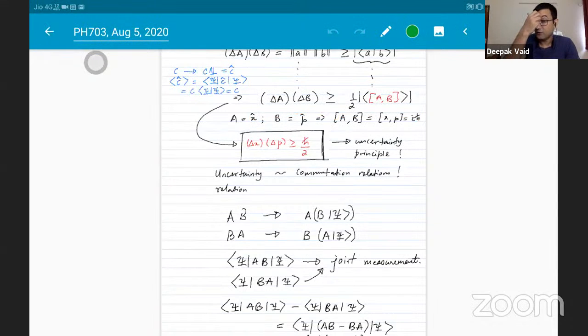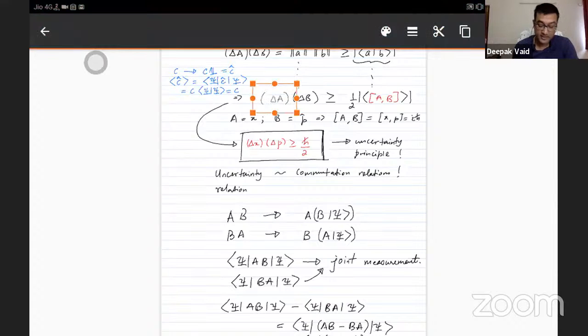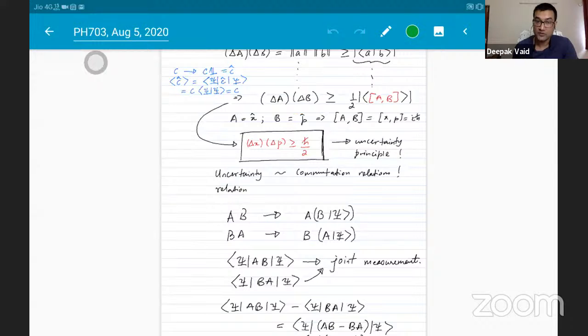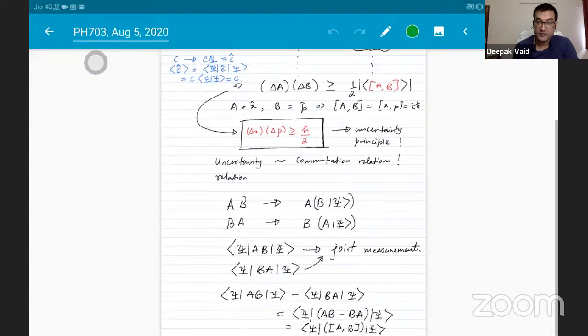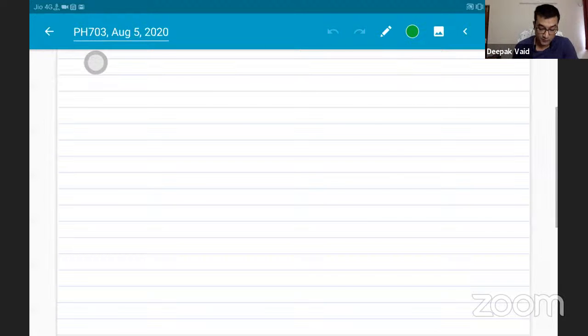So if two operators don't commute, here delta A is the uncertainty in the expectation value, and the uncertainties will always obey this relationship. We will see later that when you start talking about a continuous Hilbert space, such as that of a free particle on a line, then, for example, one of these will become the position, the other will become the momentum uncertainty,